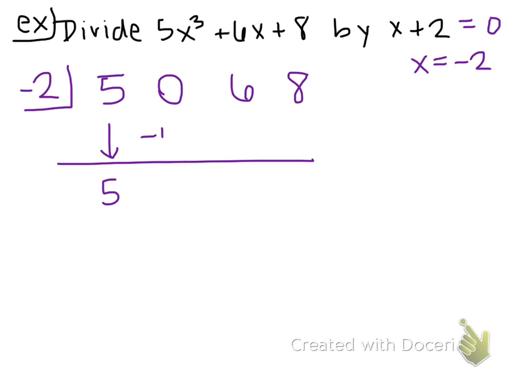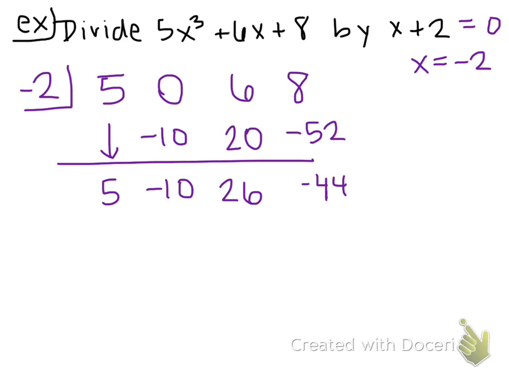So when I multiply these two, I get -10. We add them, I get -10. Multiply, we get a +20. Add, we get 26. We multiply, we get -52. Add, you get -44. So because I started to the third power and I divided by x to the first